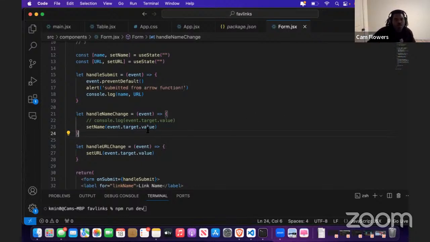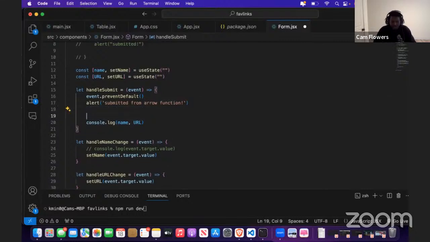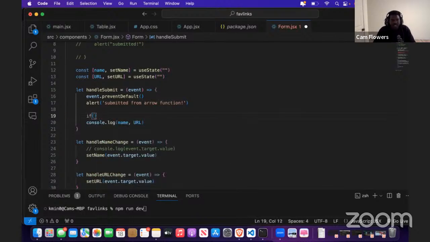So boom. Now that we're setting the name, setting the URL, we have both of them being monitored in the submit. We also can do other unique things using this data as well. Like for instance, let's say we try to handle submit, but both the name and the URL are empty, right? I could do conditions off of the data. I could say if name is equal to the empty string, or